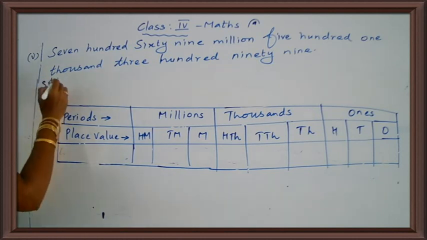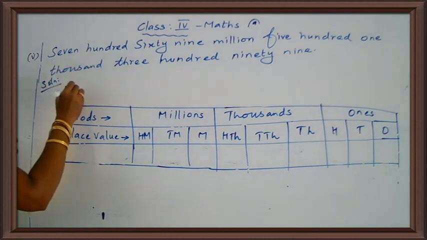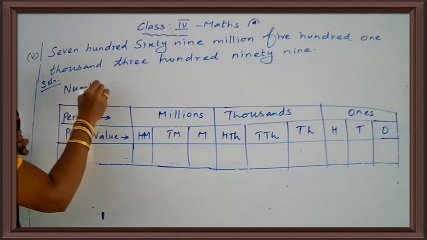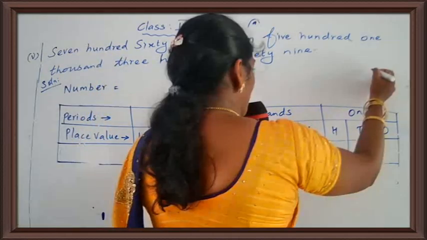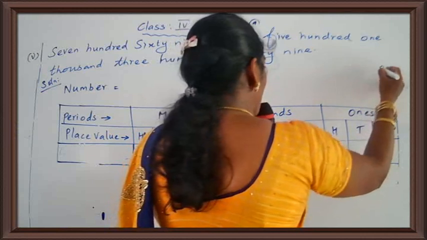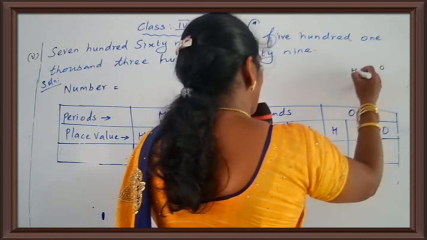Okay. The given number names. So, number 769 million. Okay. You put the place value chart from rough. Okay. Ones, tens, 100, 1,000, 10,000,